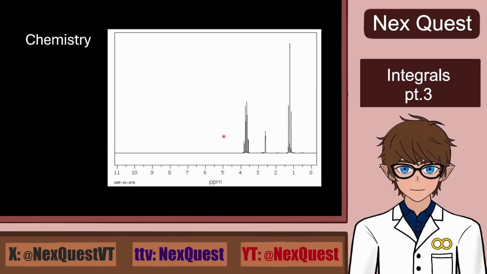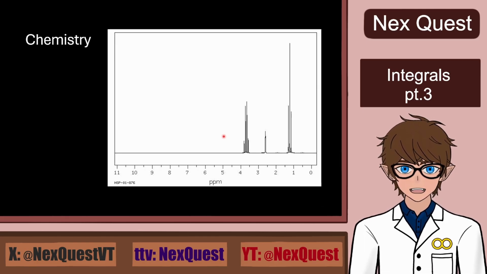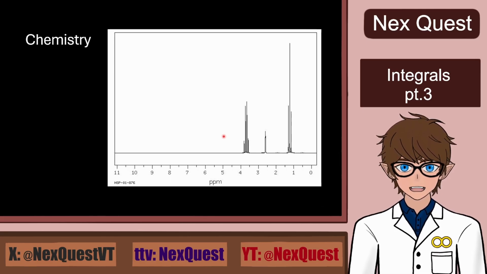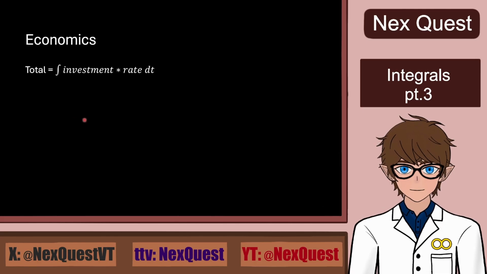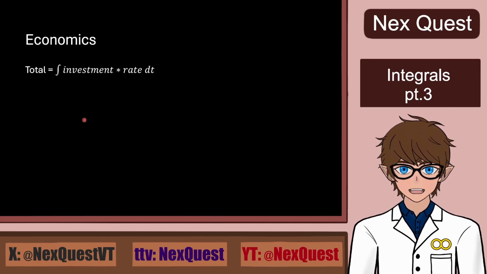So you're literally counting the ratio of hydrogen atoms in a molecule, or different hydrogen atoms in a molecule, and you determine that by weighing something, weighing a piece of paper. That's kind of fascinating. Since I don't study economics, I don't really know that much about this topic, but the